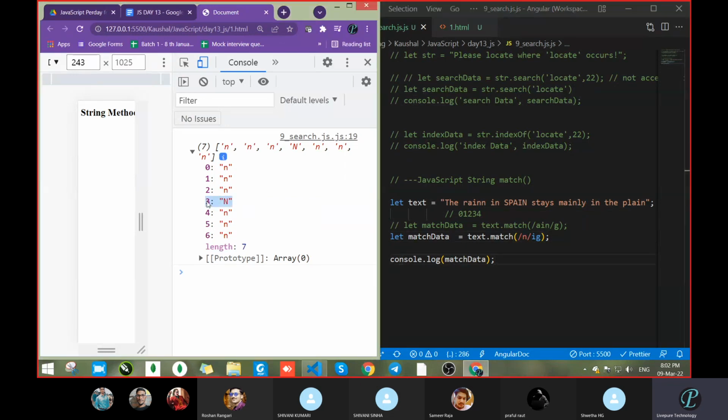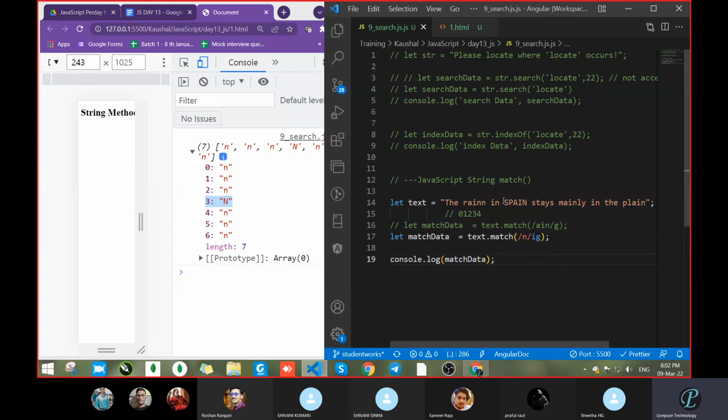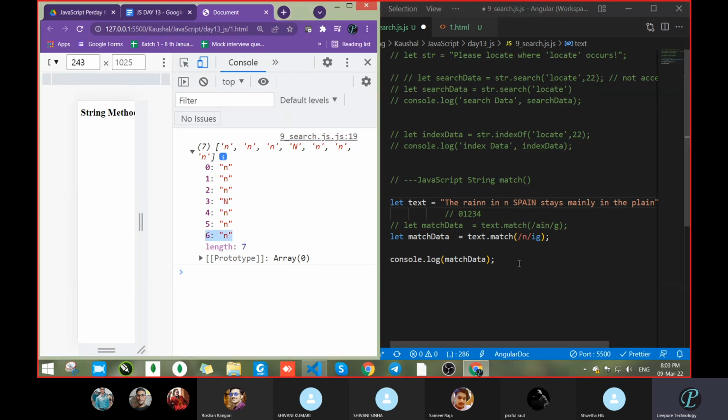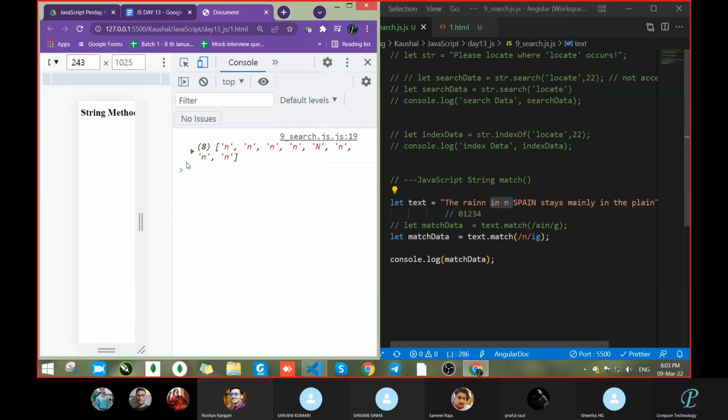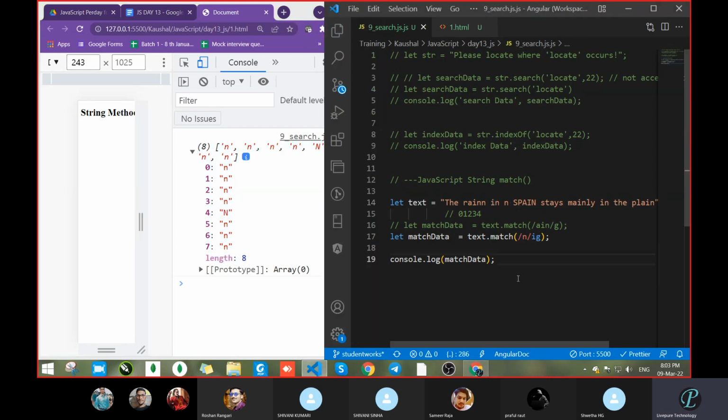See, here we are getting capital also. So now what will be the output? Output will be 7 here, because I added one N. Let's save. See that, 7 came, meaning the total count increased. So it is not going to take care of the word, this or that, nothing. It will just consider how many characters are there. Got it?